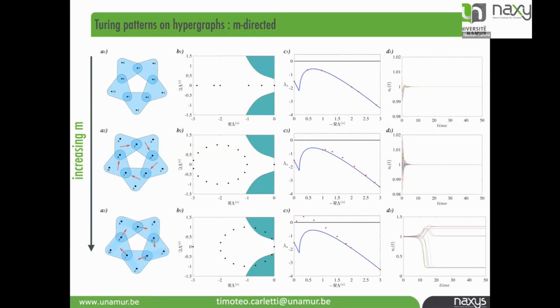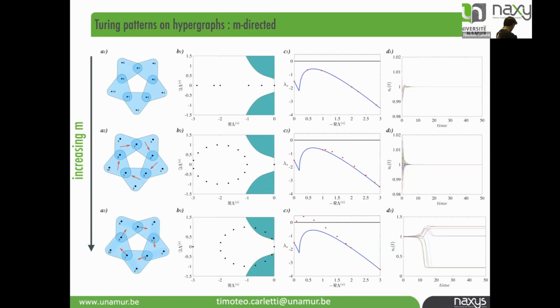Everything goes to equilibrium. While if you now increase directionality, here I have two nodes pointing to one node each time. And this is the spectrum of the hypergraph. Of course, the results are for a much larger hyperring than this. This is just to show you the example. I think here there are 15 hyperedges. Okay, and so this is the spectrum of this hypergraph. And then again, it doesn't touch the green zone, so you don't have patterns because everything goes to equilibrium.